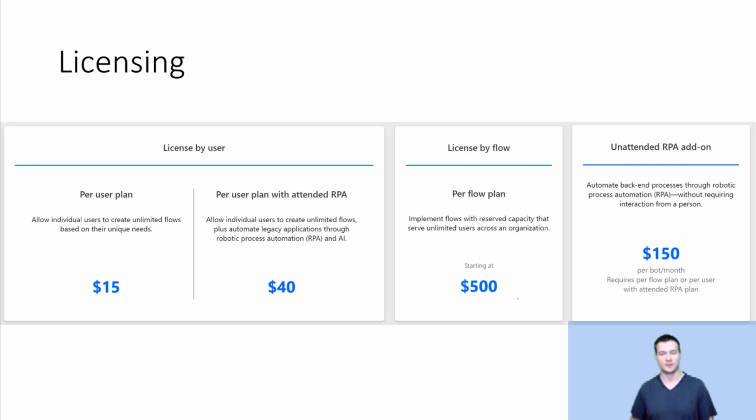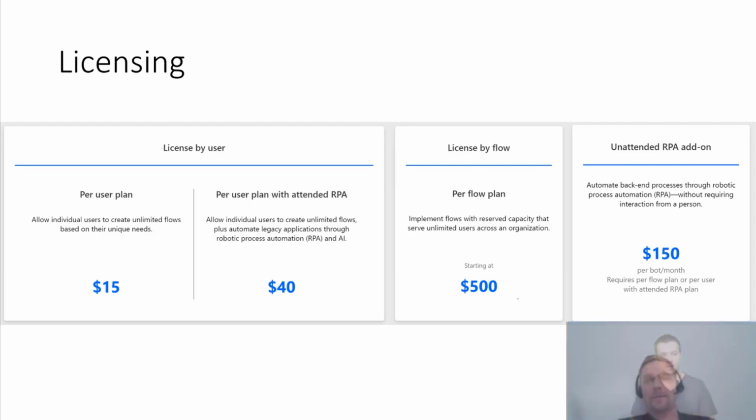In terms of the definition that Microsoft is using, a bot is a single machine. So we can have multiple machines running, and each machine requires the same licensing. However, we can use that machine to execute hundreds of processes, not at the same time, but in sequence. Nevertheless, we are not paying for each single flow. We are paying per bot, per machine.